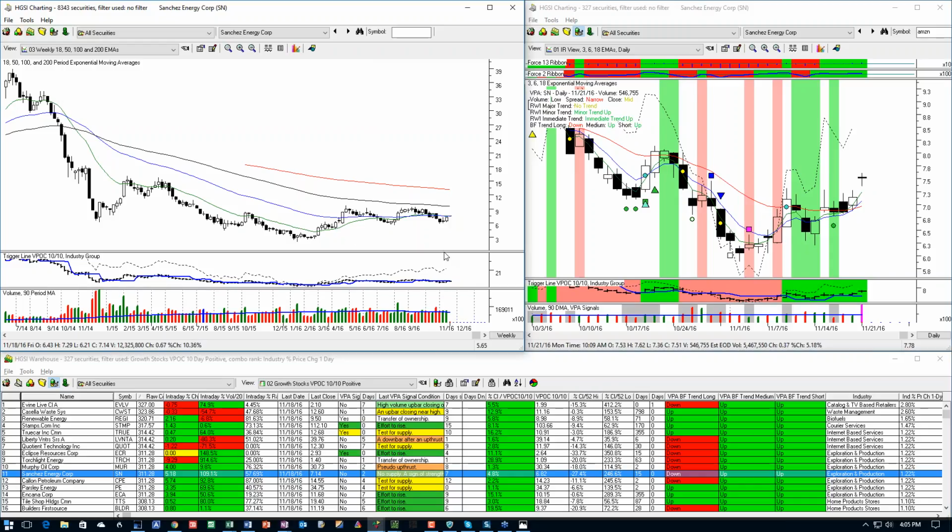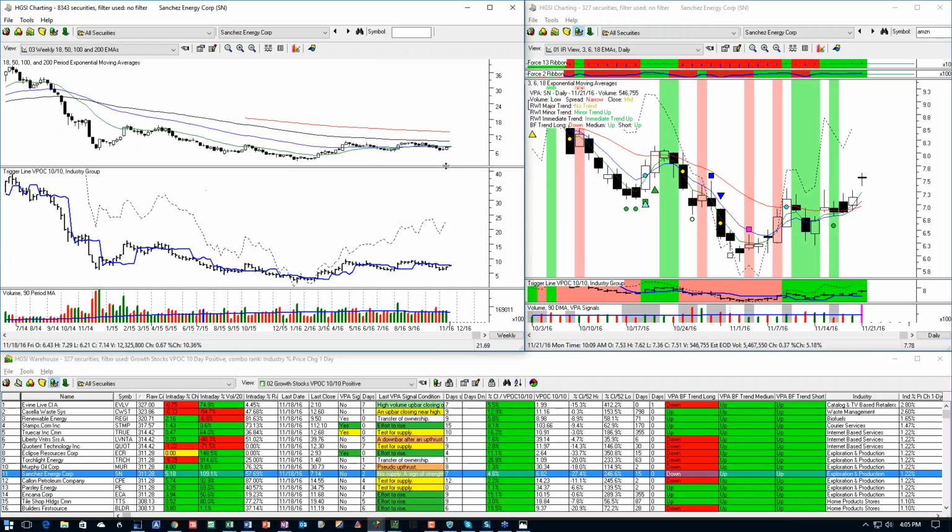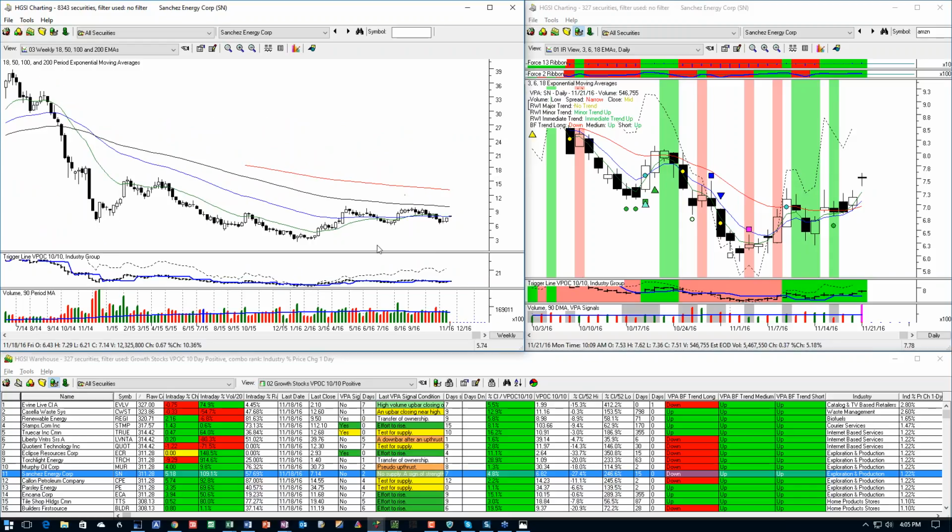Okay, like I said, here's the weekly VPOC 1010. Notice that this is still under the blue line. This kind of confirms what I'm looking at up here. This stock is really not in accumulation mode. Now back here, it looked like it was going to be, and